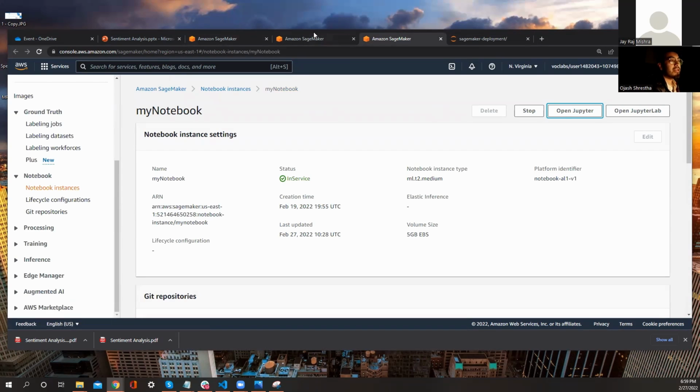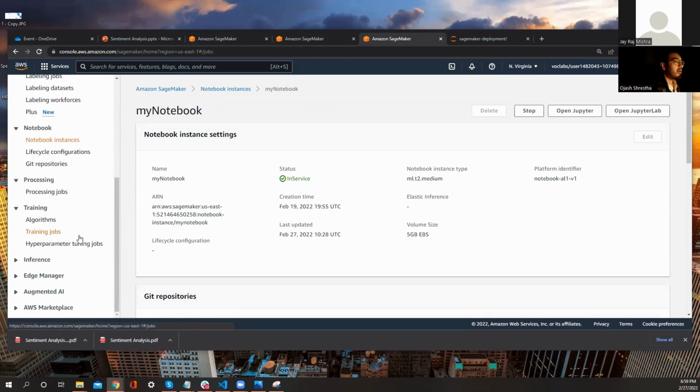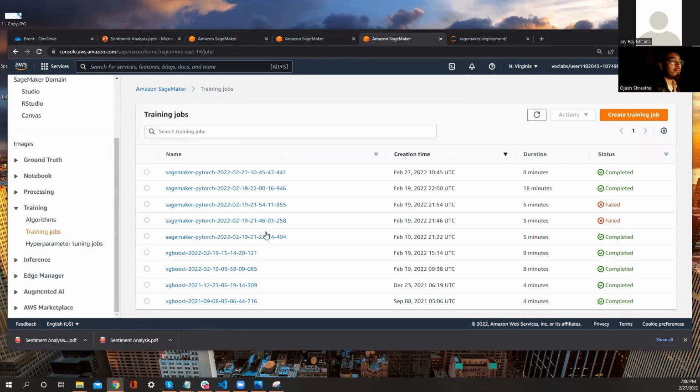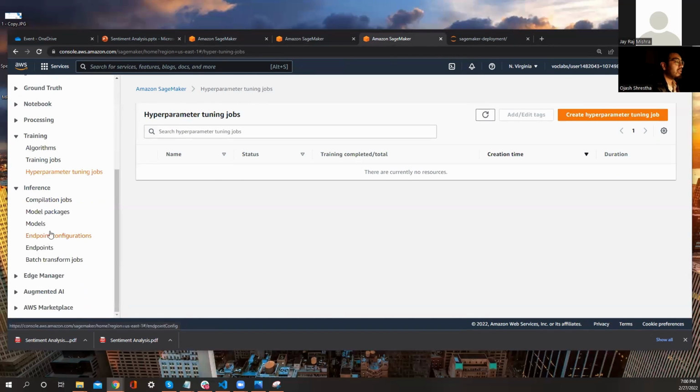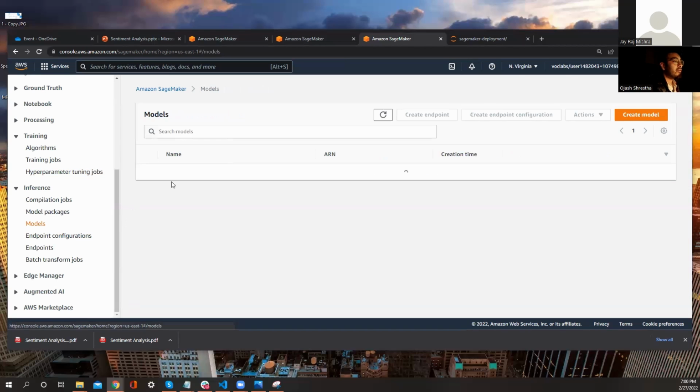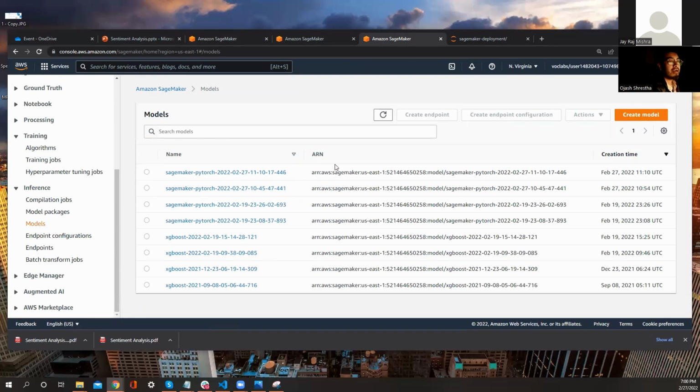So if you get inside it, let's get around SageMaker itself first. We've got these processing jobs, we've got training jobs. We can get the output of all of these training jobs that we have done. It's all listed; these are the previous training models that I did, right? Hypertuning can also be listed, and you can see all of these inferences of different models that are in use right now, right?